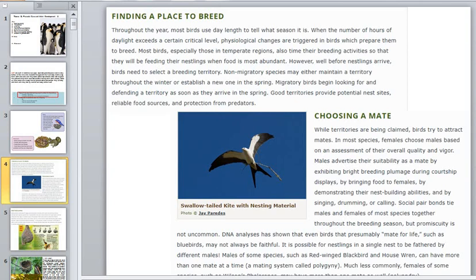And it is possible for nestlings in a single nest to be fathered by different males, and males of some species such as the red-winged blackbird and house wren can have more than one mate at a time, a mating system called polygyny. In our previous practical we talked about all these mating categories. And nest building,